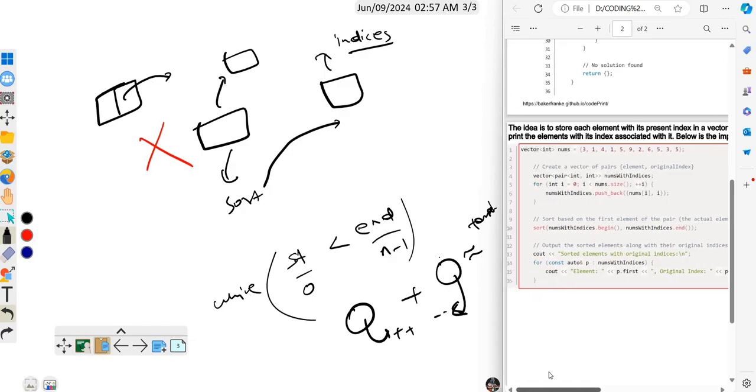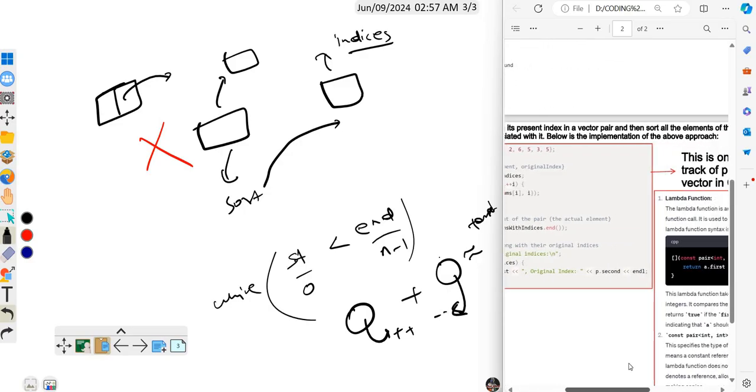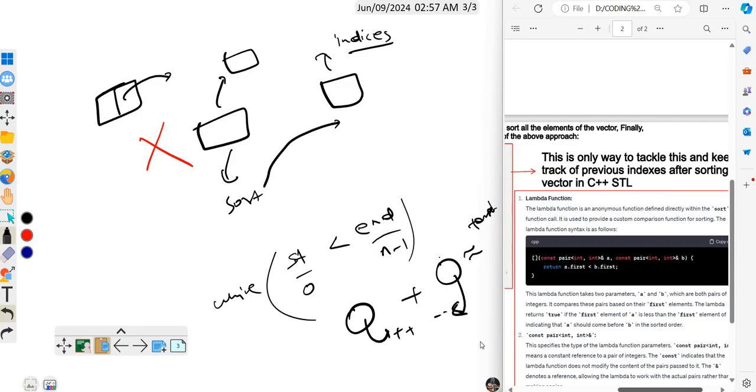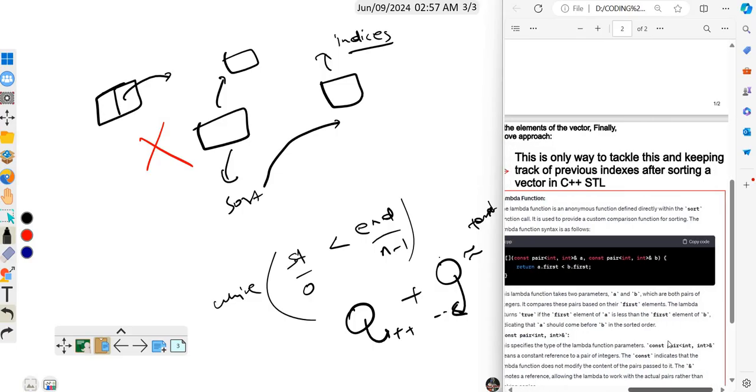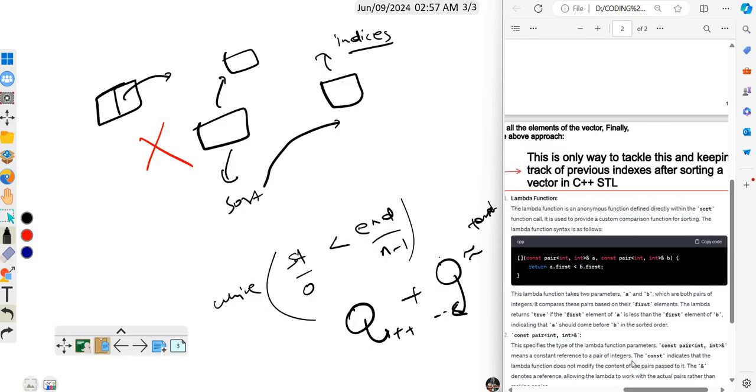So let's first read what the statement says. The idea is to store each element with its present index in a vector pair and then sort on the elements. Finally, print the element with its vector associated. Okay, so I have also done the same in